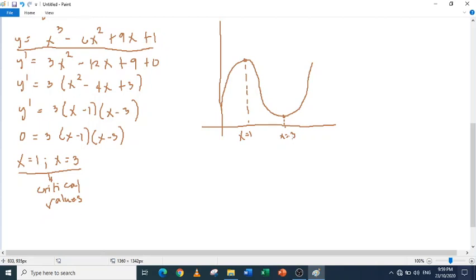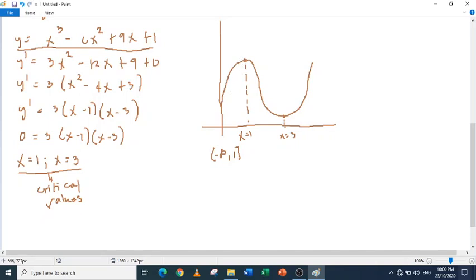So, by merely looking at the graph, we can say that at the interval negative infinity to 1, we can say that the function is, okay,